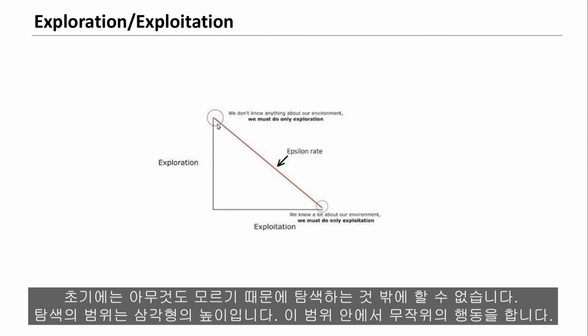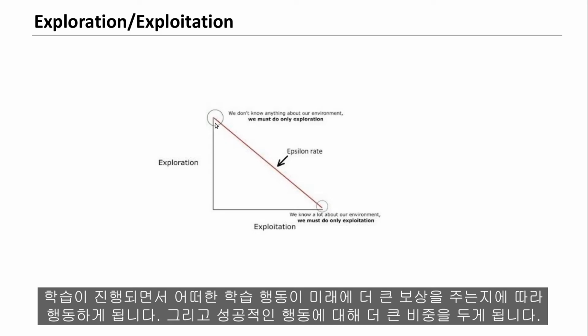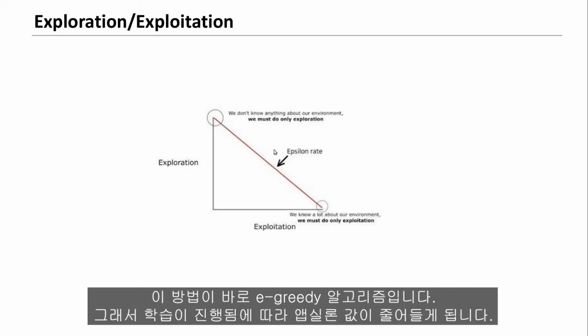We take random actions. But as the training proceeds and we are learning which actions are good and lead to bigger rewards received in the future, we give more power to our policy that is being learned. So like you're getting better, so you have more power to choose actions in what is called the E-greedy